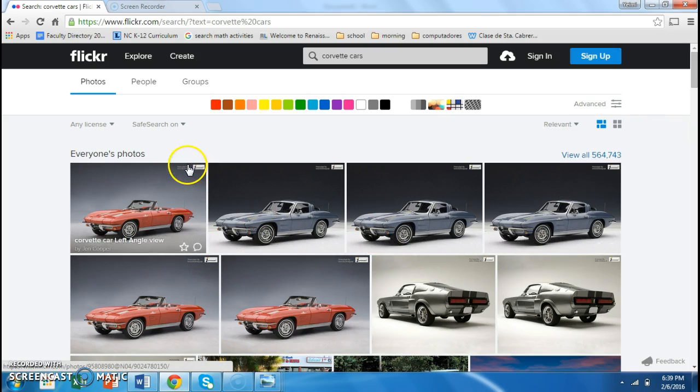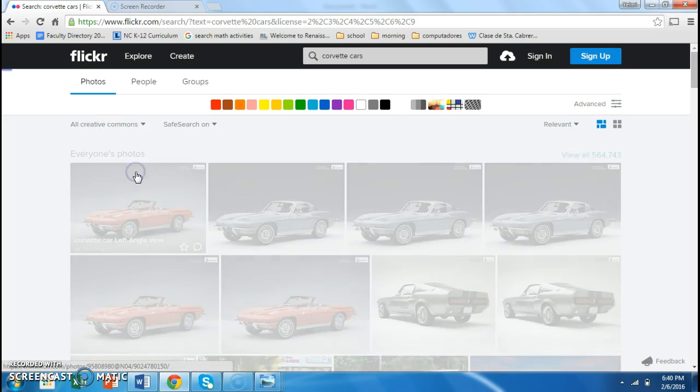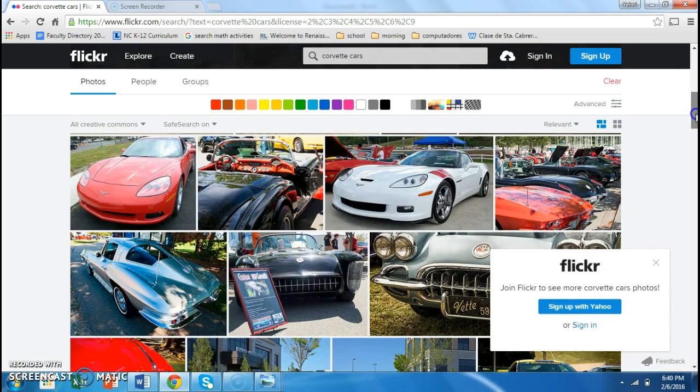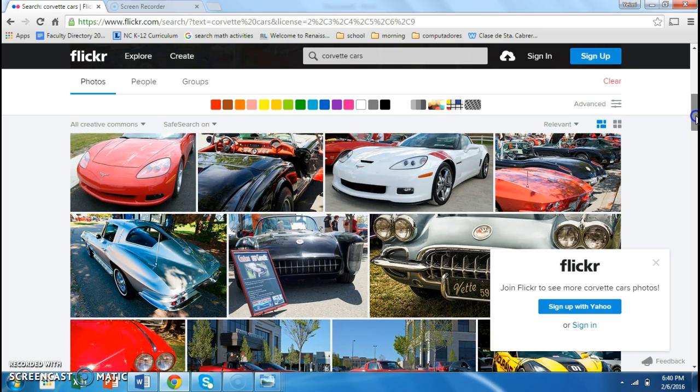But remember what we told you about the copyrights. So we're gonna go to this drop down menu, and instead of any license, you're gonna choose all Creative Commons. Now I have a lot of more suitable options to choose from without the fear of the copyrights. So I'm gonna go down and try to choose one that is appealing for me. For example, this one, I like this one. I'm gonna choose it,